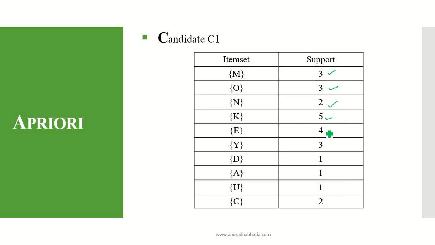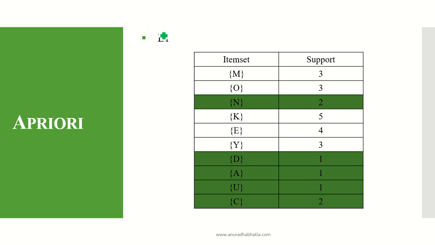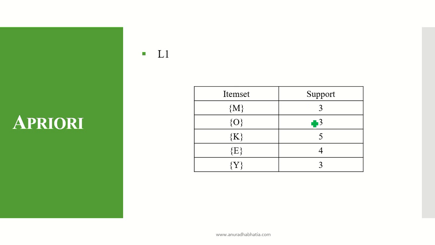So on and so forth, we calculate the support for each item set, and in L1 any item set with a support value less than our minimum support has to be rejected. So 2.14 is the support that we found, so everything less than that has to be rejected for the next candidate. The highlighted portions shown over here are deleted, and this is the new transaction table for our next level of candidate.